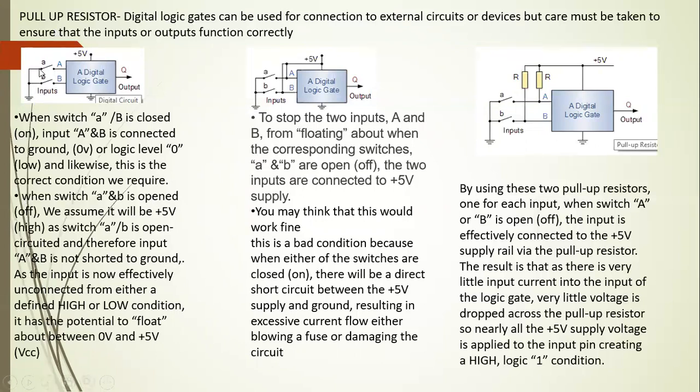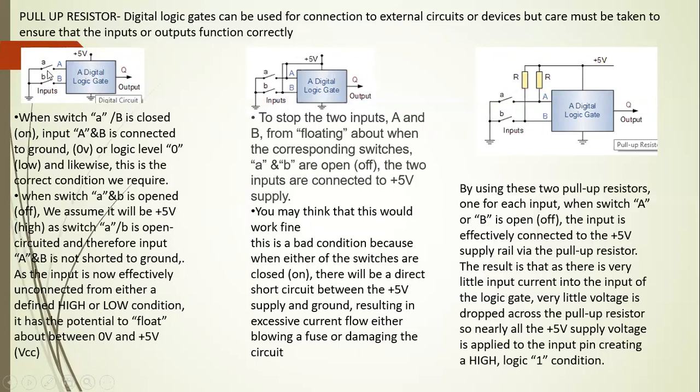Now if the A and B switches are open, there is no input going to the logic gate. So there is a possibility of problems, because the input going to A and B should be either 0 or 5.